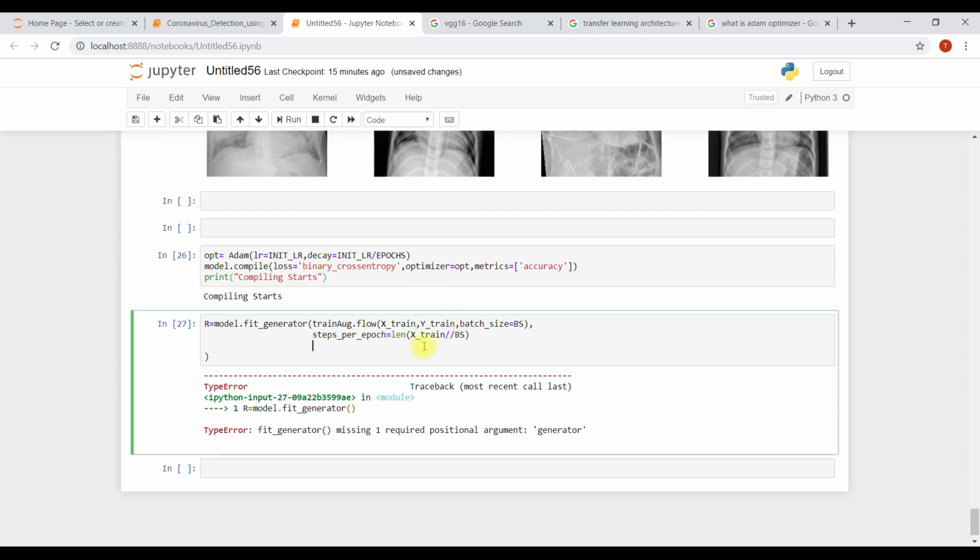Then a comma. Validation data is going to be X test and Y test, for validation, or you can say for testing.